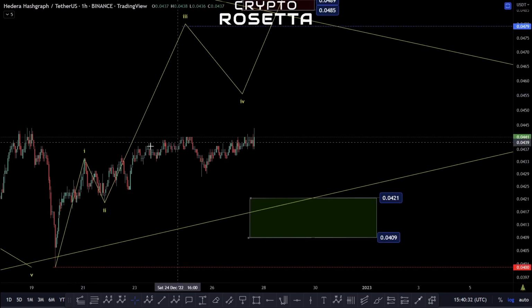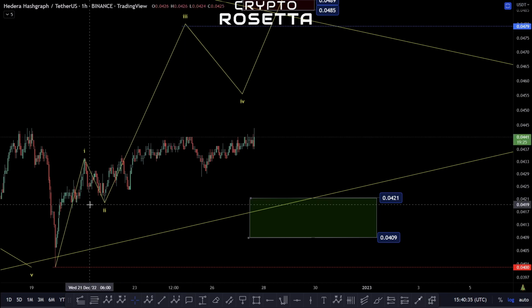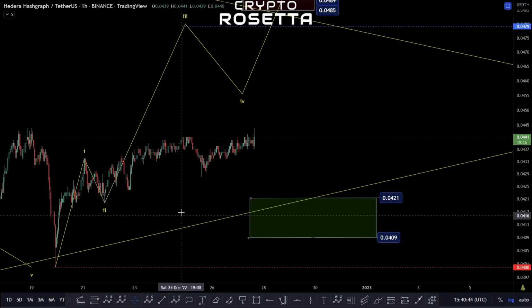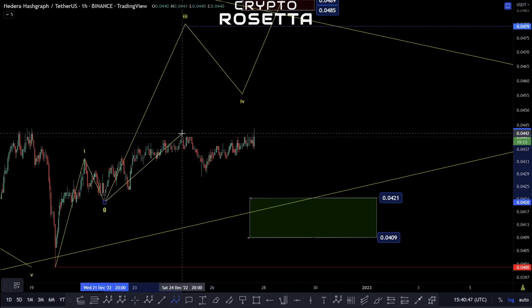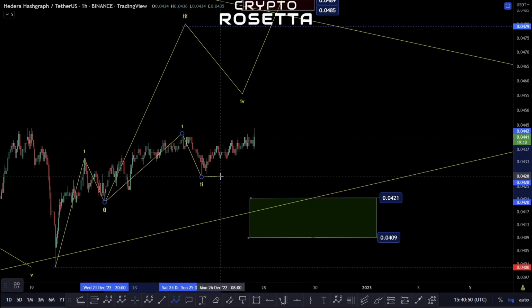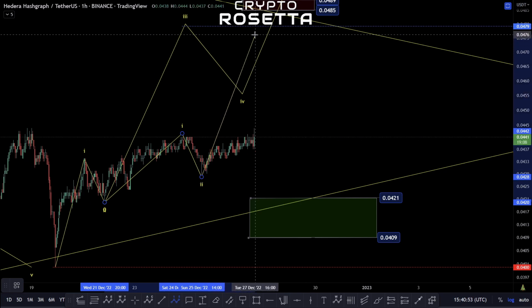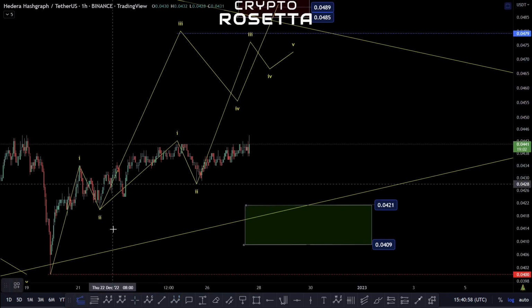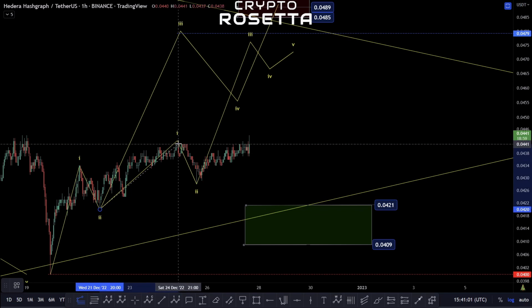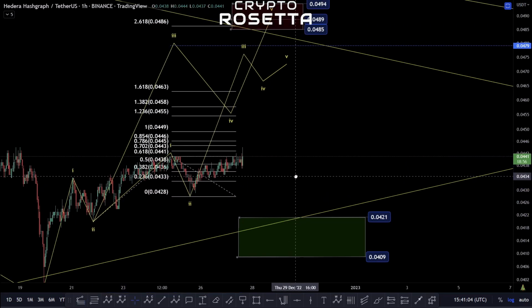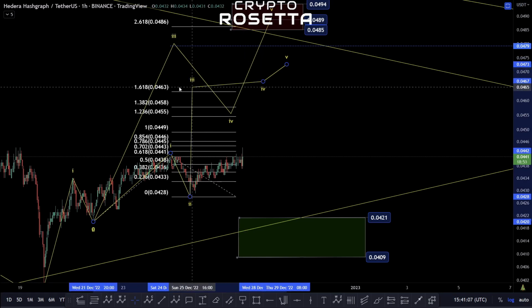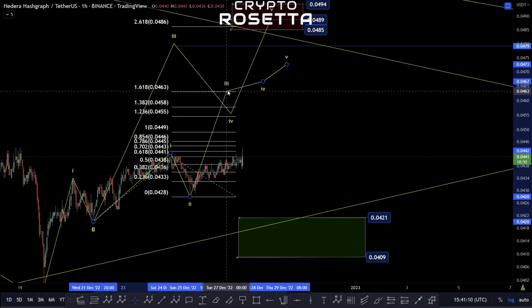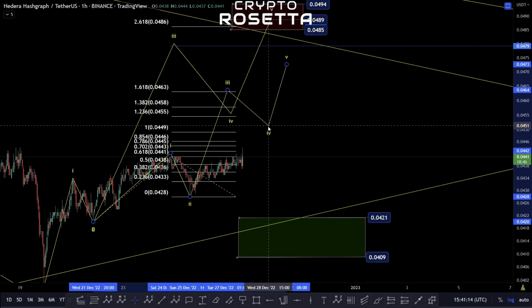Like I said, it's my least favorite sort of interpretation at the moment, because we'd have to look at this potentially as a very small diagonal within this move here, and effectively we would have something like this where this is a 1 and a 2 again, and then we'd be looking for this impulsive move to start playing out to the upside. It is possible we could see this play out, but until we get, so if I just measure this up like this, basically we would have this to this high point, down to this low point. So we'd want to see a move above this 463 area for it to even be sort of thought in our minds,